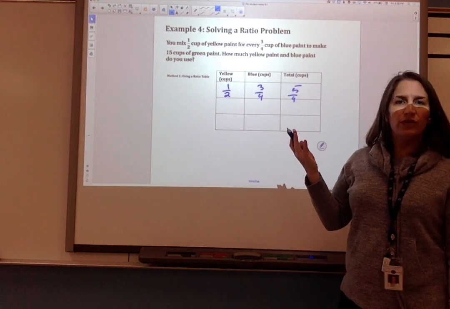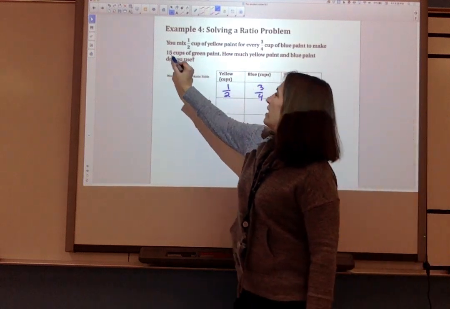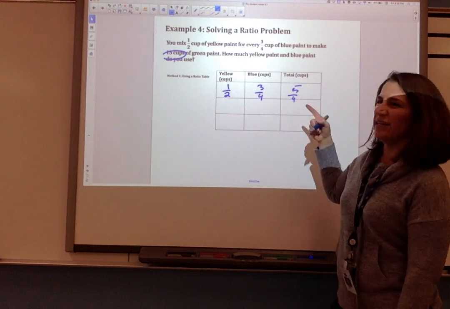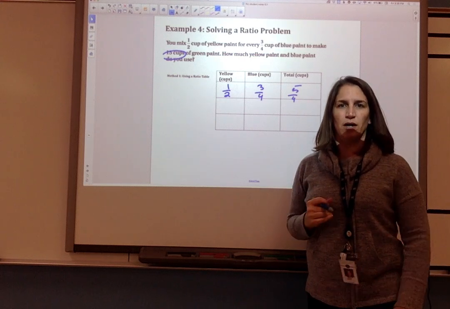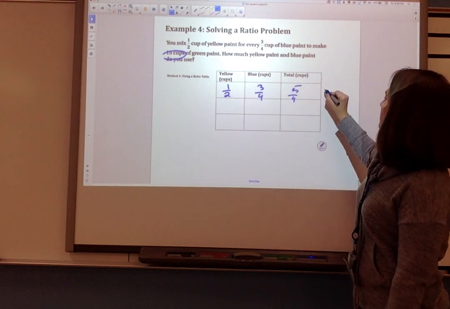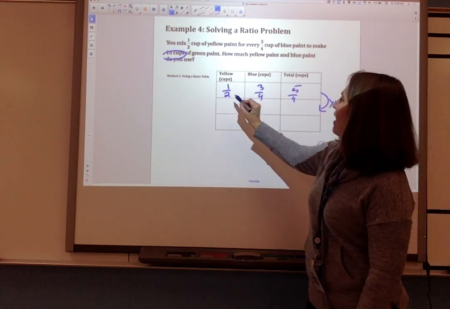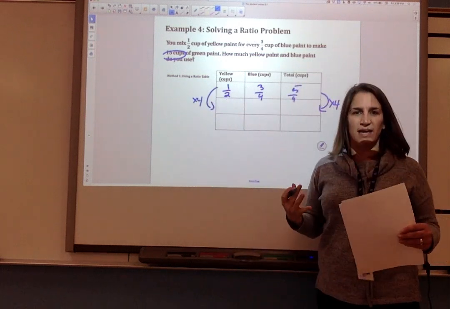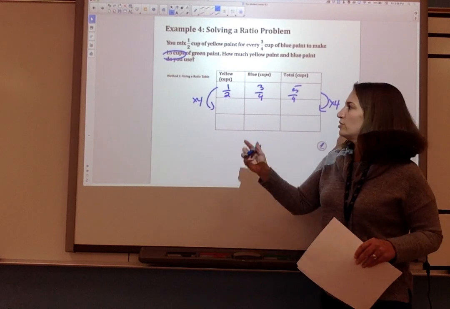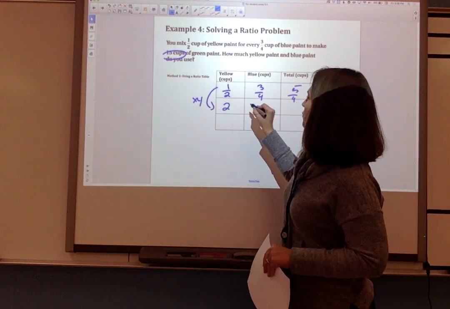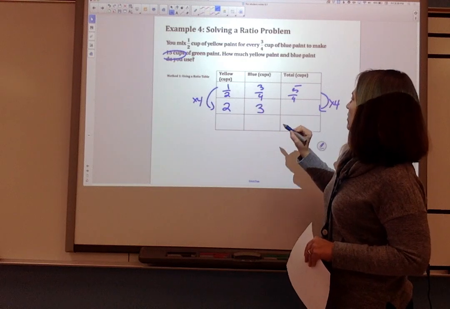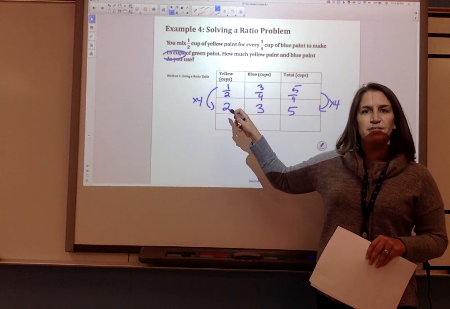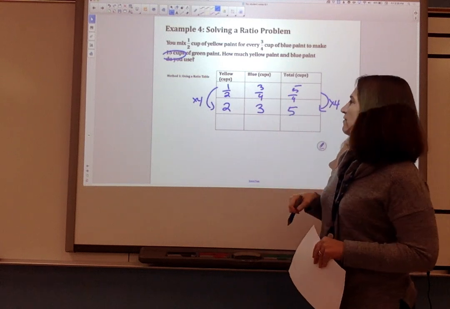Now, we're going to use this ratio table to try to find 15 cups of green paint. So let's start by trying to get this denominator out of our total. So let's multiply everything by 4. We're going to take this solution that we have, keep the same quantities, but make 4 times as much. So 1/2 times 4 would be 2, 3/4 times 4 would be 3, and 5/4 times 4 would be 5. So therefore, if we use 2 cups of yellow and 3 cups of blue, that would make 5 total cups